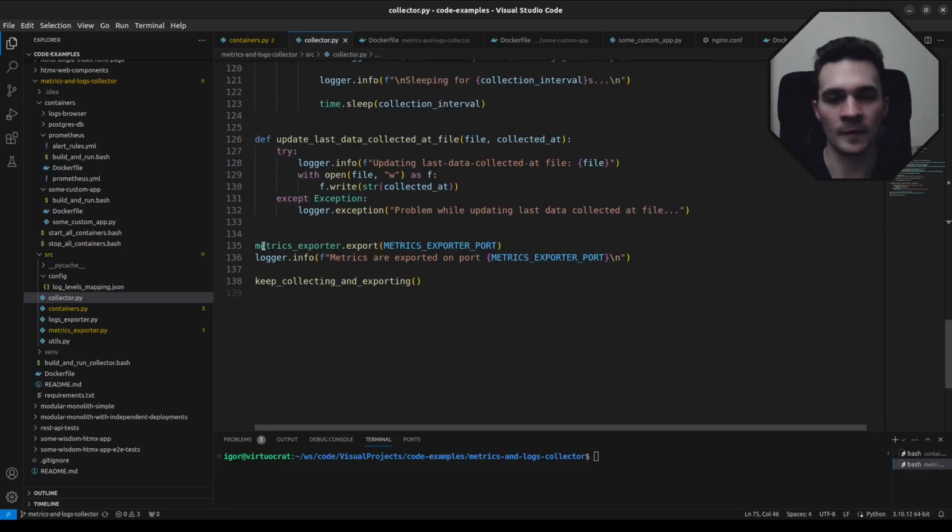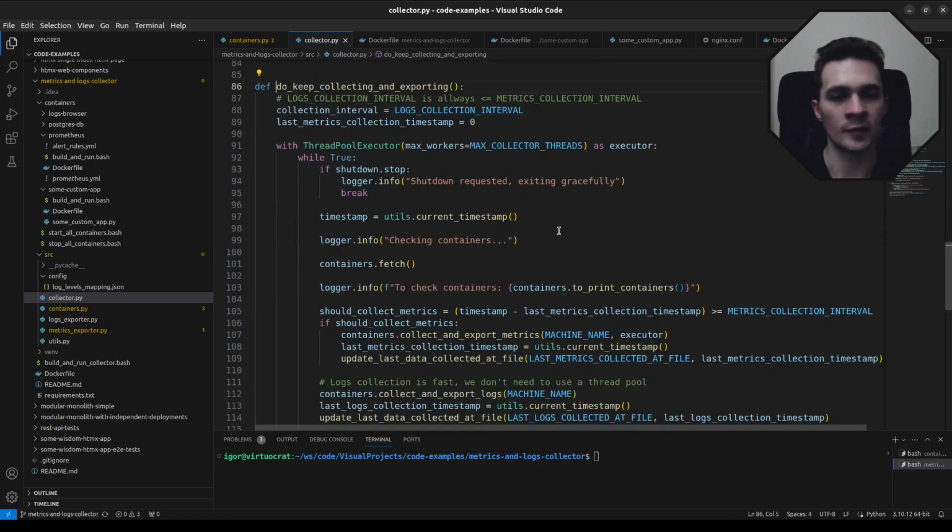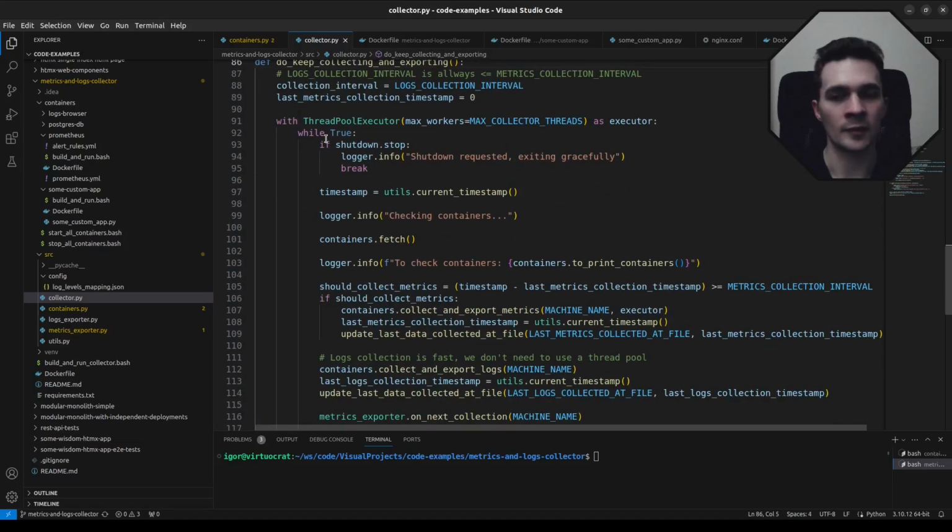Before going to them, let's go to the actual entry point, where we invoke a few functions to start our program. First we export metrics to Prometheus, then we print on which port they are exported, and then we keep collecting and exporting them. And here is the infinite loop that I was talking about, where in an infinite while we have a thread pool executor